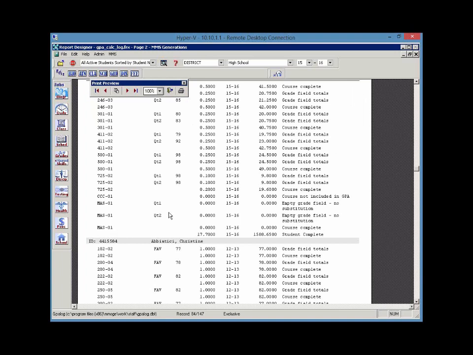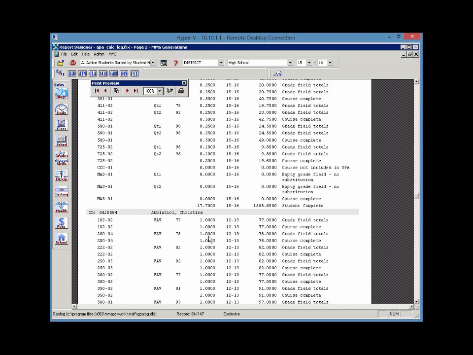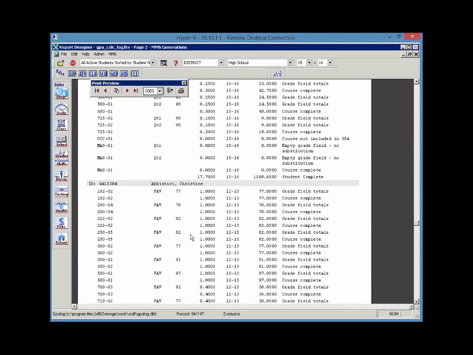Below that, I have a different course, and it's letting me know that the quarter grade is empty and says, oh, I had no substitution. So sometimes I might find that empty grade and say, oops, I didn't do anything to do the substitution. When it gets done, it's going to give me how many points the student has and how many credits attempted. So it lets me work with that, and then it's going to show me what it did with her sister